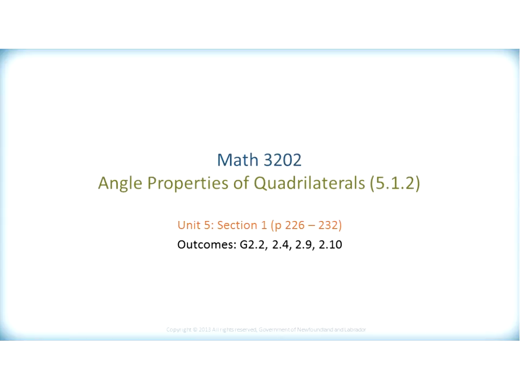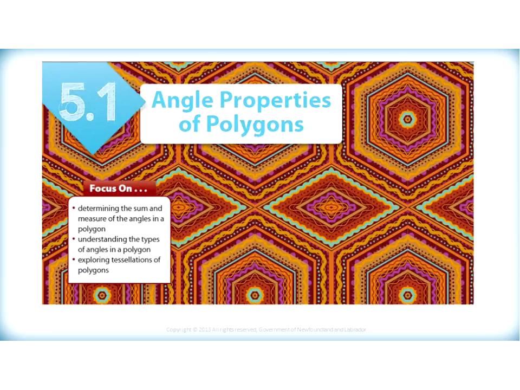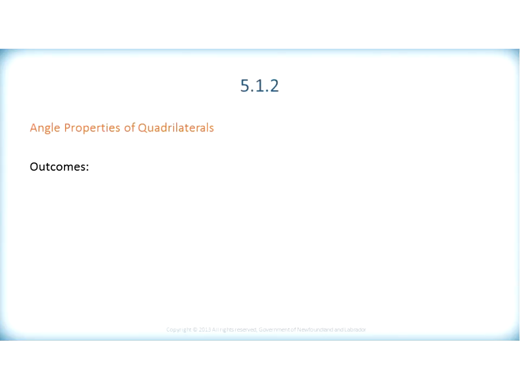In this lesson, we're going to be looking at angle properties of quadrilaterals. And this is going to be a short video, but it's going to lead into the next video, which is dealing more generally with all types of polygons. The outcomes we're going to cover are: describe and illustrate angle properties of quadrilaterals,